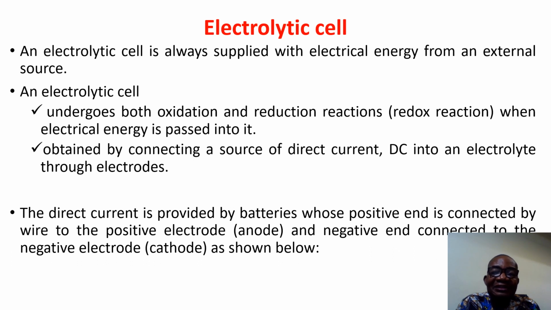The next is the electrolytic cell. Electrolytic cell is the second type of electrochemical cells. An electrolytic cell is always supplied with electrical energy from an external source. That is the main difference between an electrolytic cell and a galvanic cell. A galvanic cell depends on the electrolytic solution inside and the electrodes that are placed in it, while an electrolytic cell depends on the external